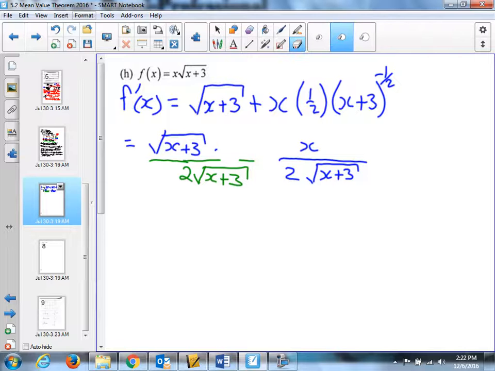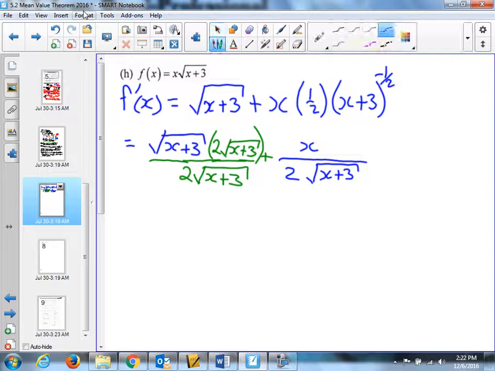So I'm going to erase the plus sign. This times 2 root x plus 3. Squeeze it in, whatever you have to do to make it work. Put it in front of the equal sign, whatever. Now, you might get to the point where you just automatically jump to that and do the multiplying right off the bat, and that's fine. I'm not going to assume that you do. But the next step is,